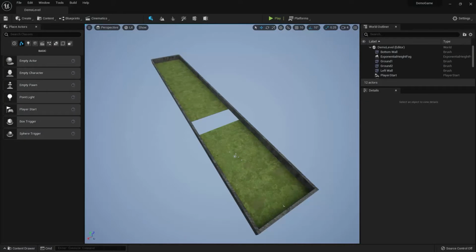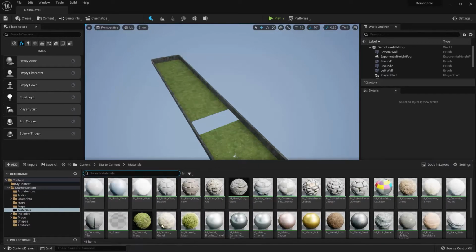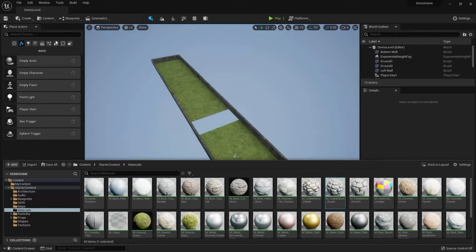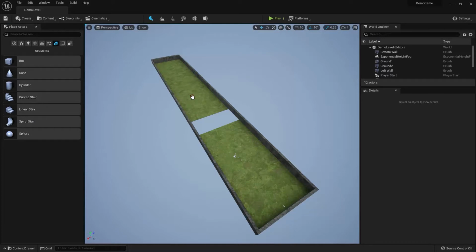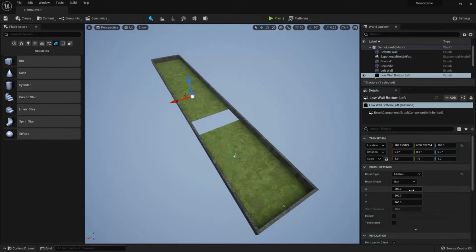In this video, we will add the internal structures for our level, including walls, platforms, and houses. First, let's add the inner walls. Go to the Materials folder in the Content browser and select the M Cobblestone Rough material. Drag a box brush into the level and rename it Low Wall Bottom Left. Change its size to 800 by 200 by 200